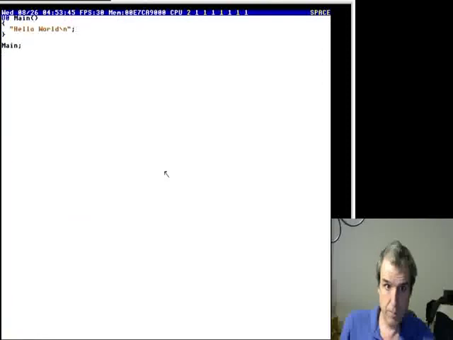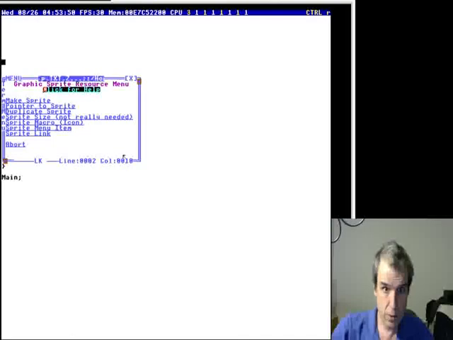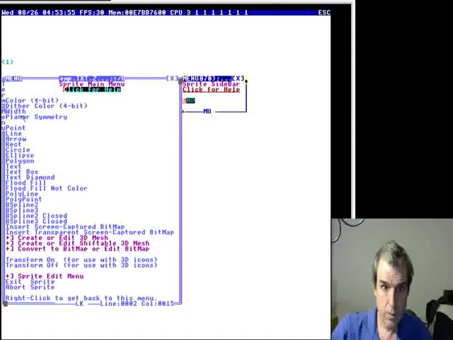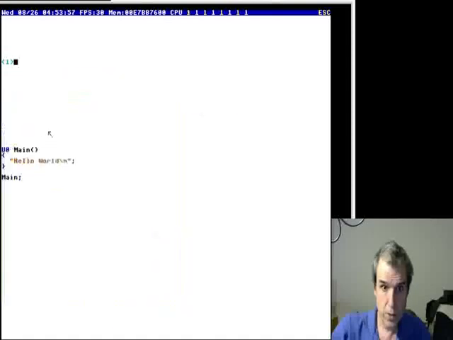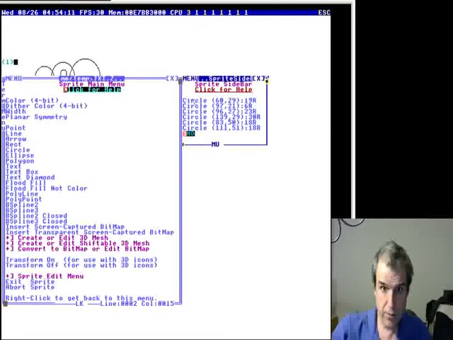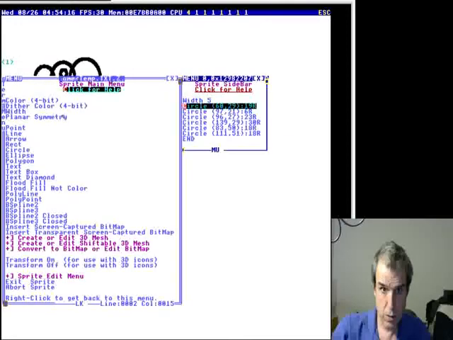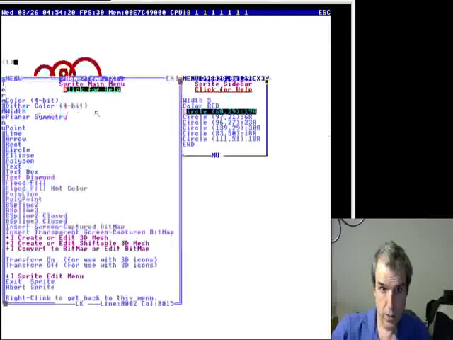We can add graphics into our source code. I'm gonna do, let's see, make sprite. Let's do some circles. How about, oops, I did. So these are vectors. So if we say width 5, let's do color red,